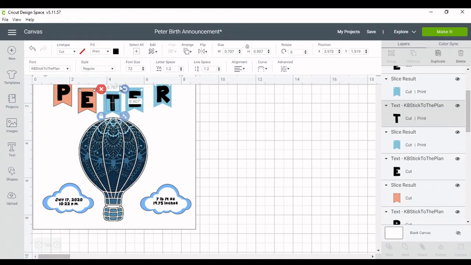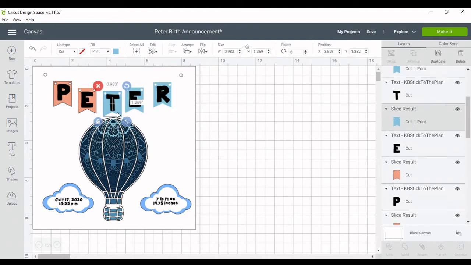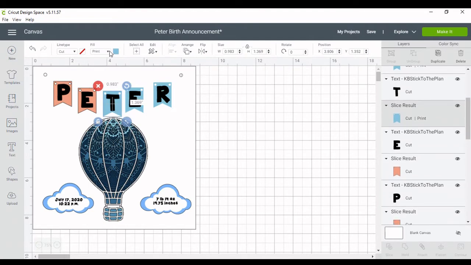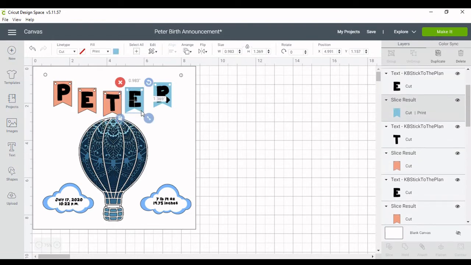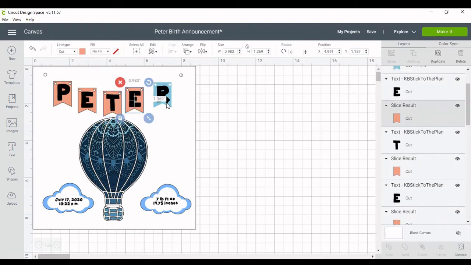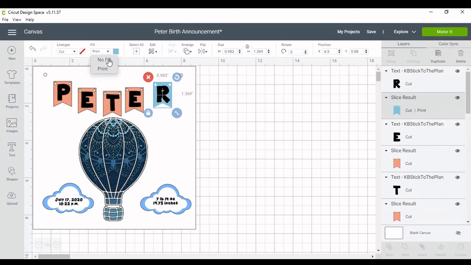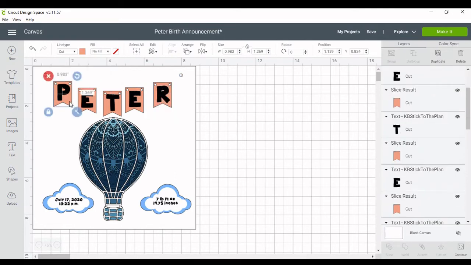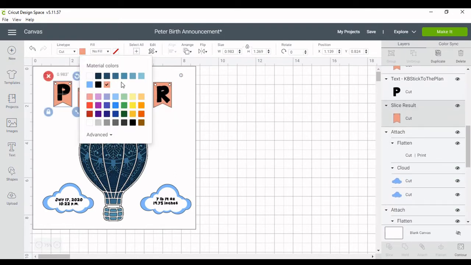It's okay that it's changing it to that pink color. Oops, didn't mean to do that. That it's changing it to the pink color because I'm going to change that in a second. No fill. No fill. No fill. Okay, so now in terms of the color of these, let's